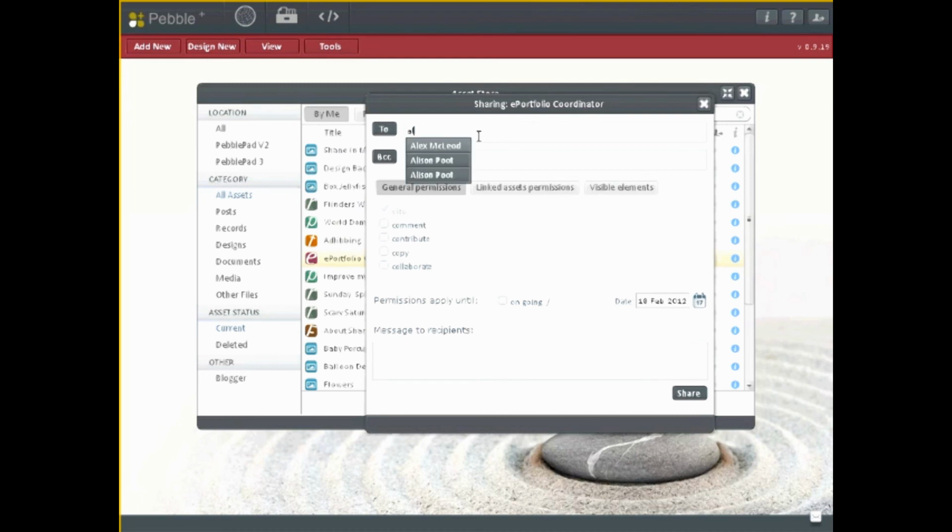The sharing is just like a little email. I can start typing people in. It knows who it is I'm likely to want to share with. Maybe Colin's in here. Yeah. And I've got a BCC field. I can allow people to comment on this, maybe contribute to it. If I've got linked assets, I can give them slightly different permissions on the linking. And I can allow them to see